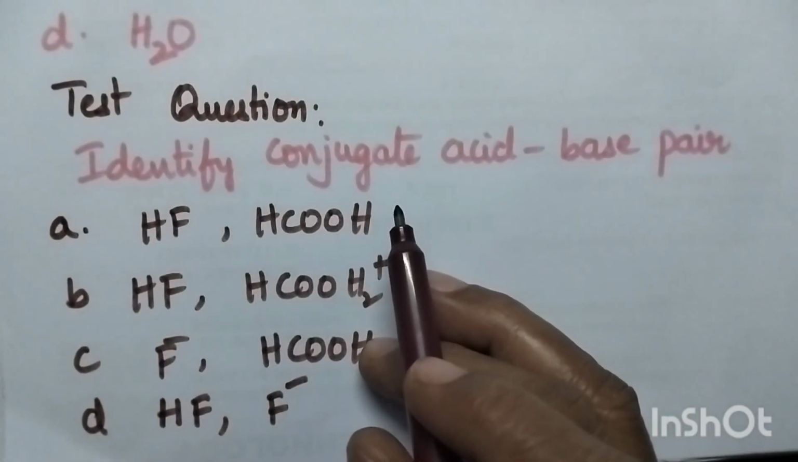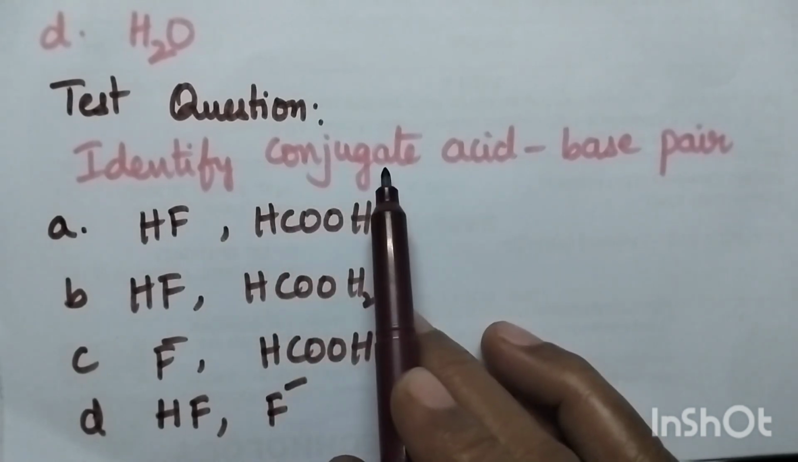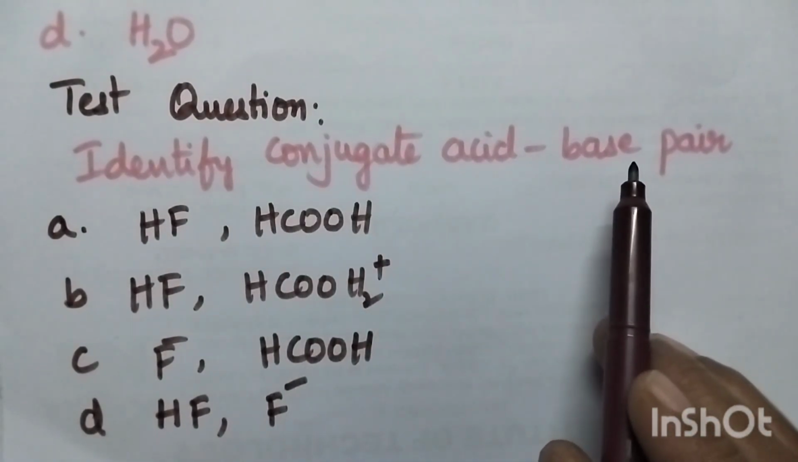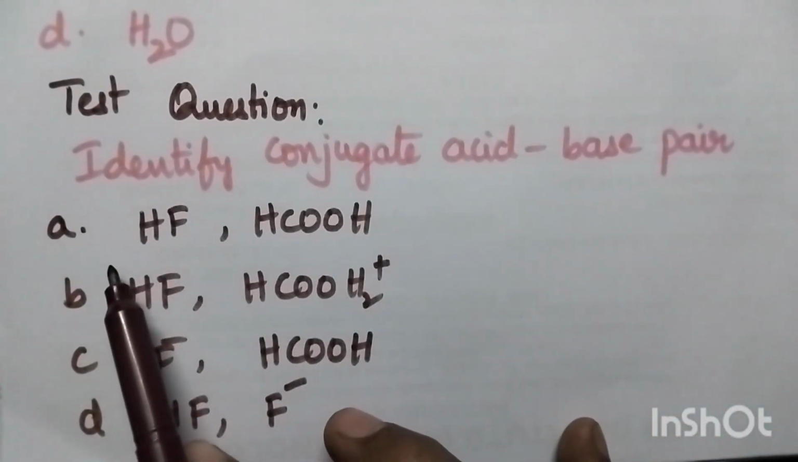Finally, I would like to conclude this video by sharing a test question. Identify conjugate acid base pair. Conjugate acid base pair means that differs by only one proton. This is the hint. And coming to the options, option A, HF,